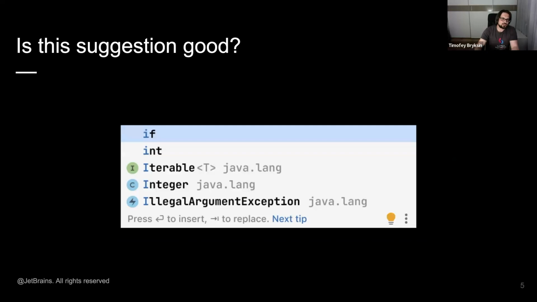To understand the motivation of why our code completion framework is as it is, let us take a step back and examine this suggestion list. Is this suggestion list good or bad? You could say that it depends on where I invoke this instance of completion. And you might be right, but in its current form, the pop-up is useless with almost no regard to the context, I could argue. To see why it is useless, we need to look at the code completion usage scenarios and the requirements that we have first.